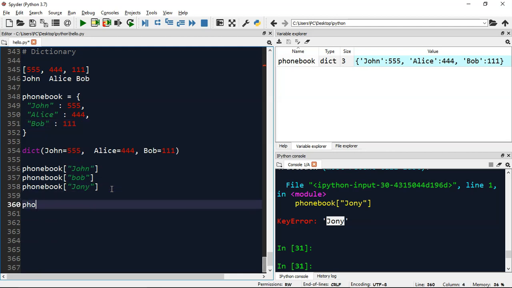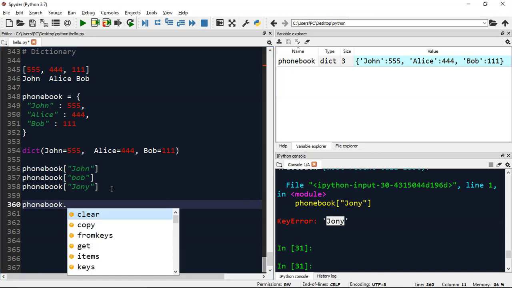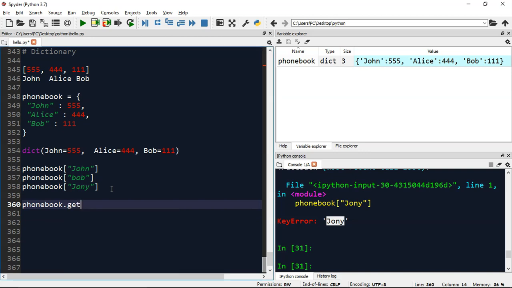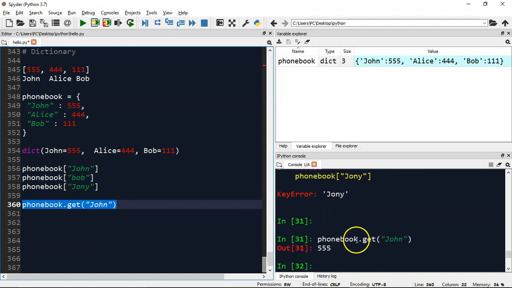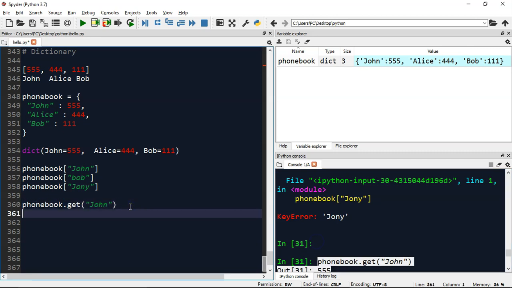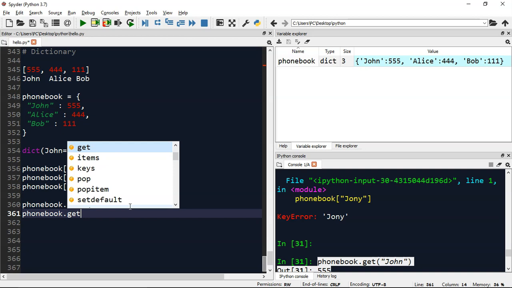The other way is to use methods. There are a few methods available. Let's use the one, get. And if you supply here, let's say John, exactly the same result you got. Let's try with Johnny here and see what we'll get.